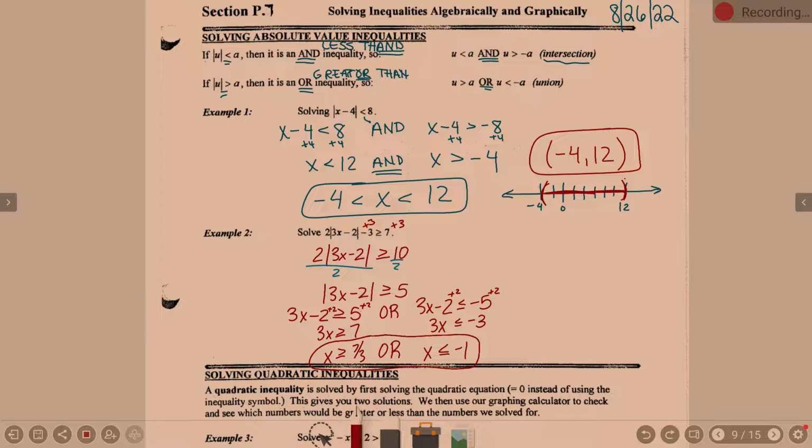Now, with an or statement, friendly reminder, this is an or statement for inequality. You cannot put it together like you have to do an and statement. An and statement gets written as one joint compound inequality. The or statement stays as 2 separate inequalities. Okay? Now, as we look at a graph,